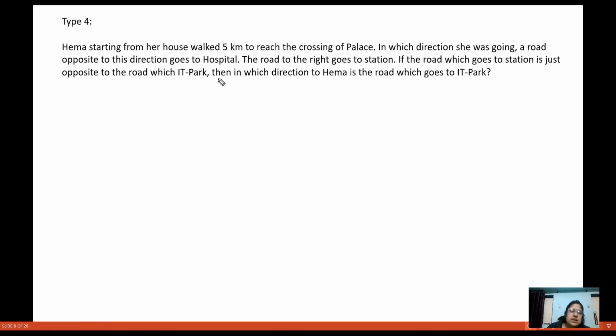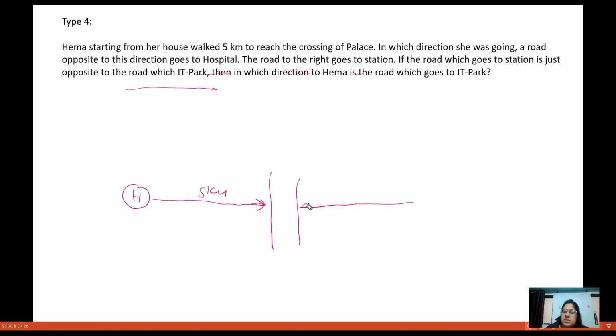Look at this question. It is saying Hema, starting from her house, walked 5 kilometers to reach the crossing of a palace. Okay, so Hema is living here. She goes 5 kilometers to reach the crossing of a palace. In which direction was she going? A road opposite to this direction goes to the hospital. So she was going in this direction, and the road opposite to this direction goes to the hospital. The road to the right